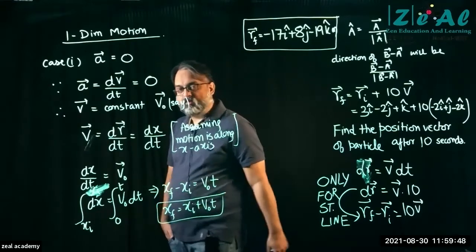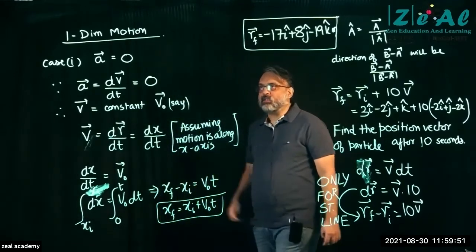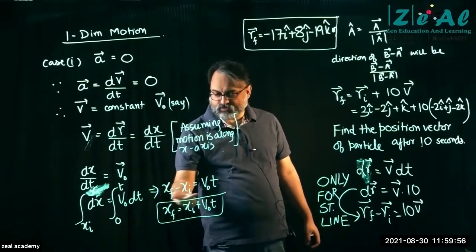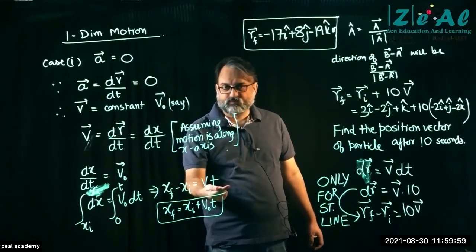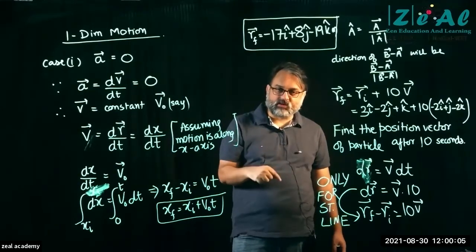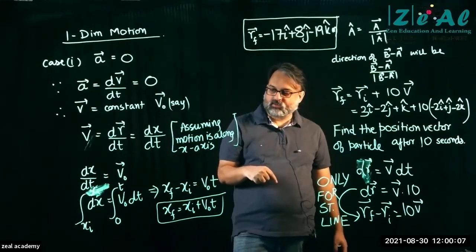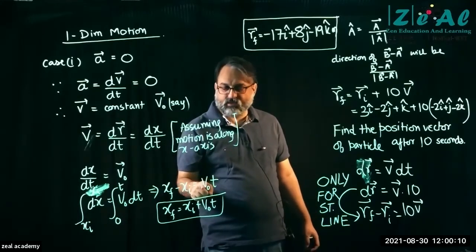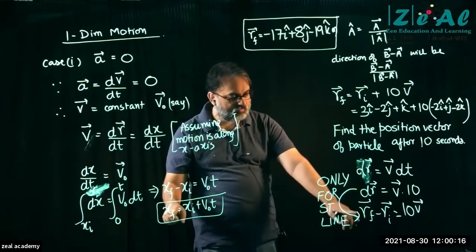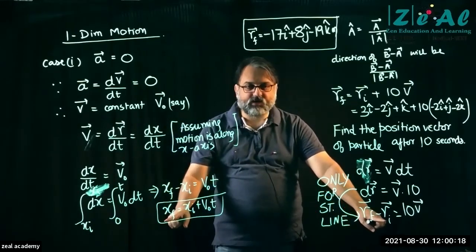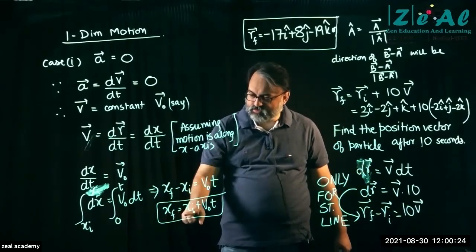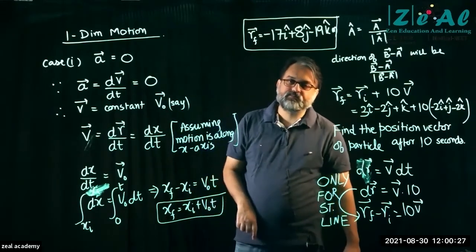Right. So if we are dealing with zero acceleration, then this is the formula, which is nothing but displacement is equal to velocity into time. So you see, in one dimensional motion, for zero acceleration, average velocity and instantaneous velocity become the same. And that is why we had here Rf minus Ri is equal to V naught t. Okay?